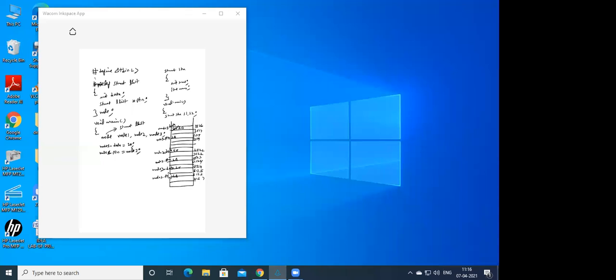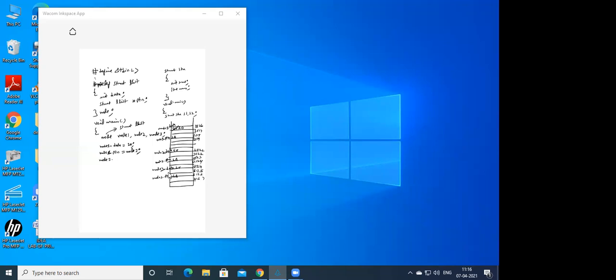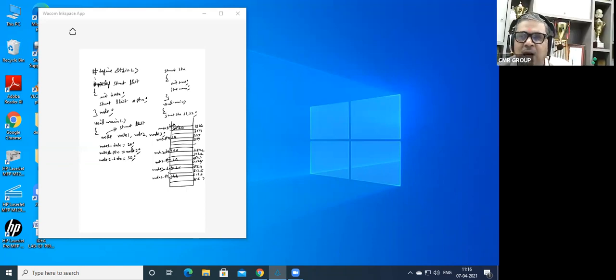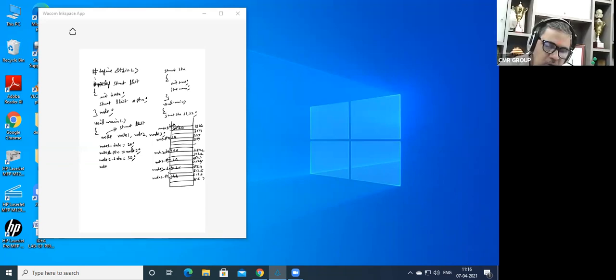Similarly, node 2 dot data is equal to 30, for example. Yes, I'm telling once again. Node 2 dot ptr should be equal to what? I want to store the address of node 3 in the address part of node 2.